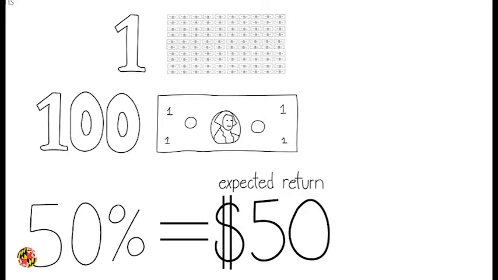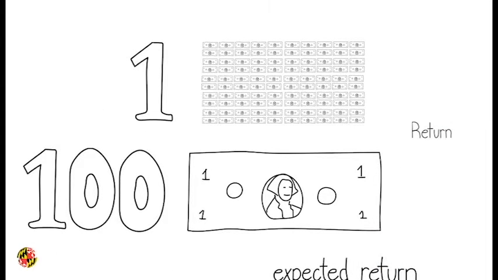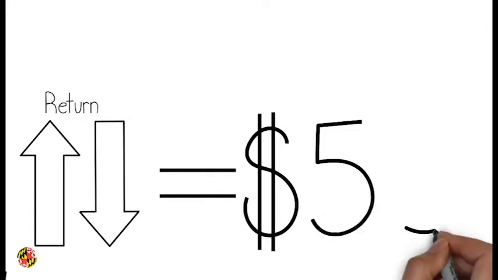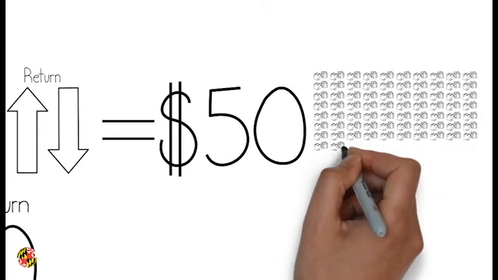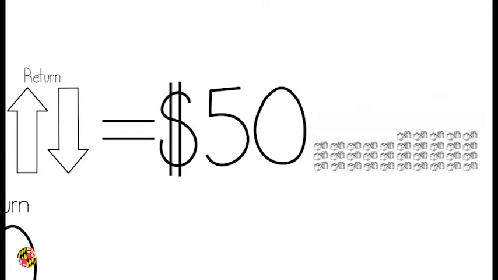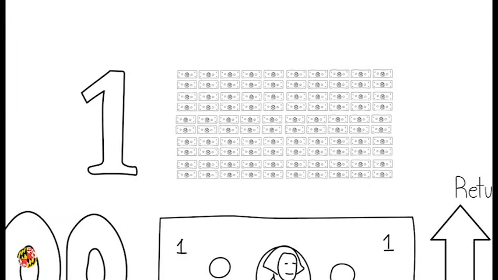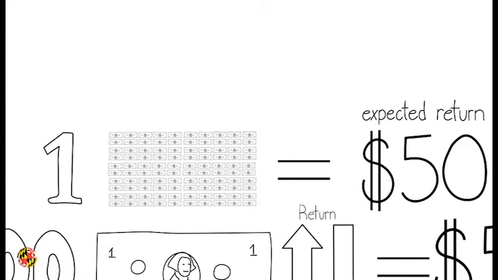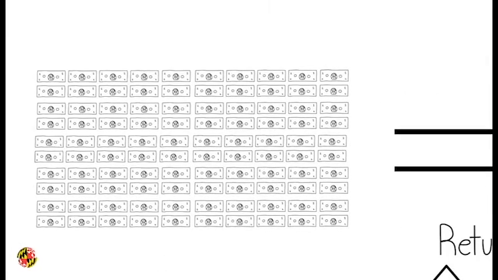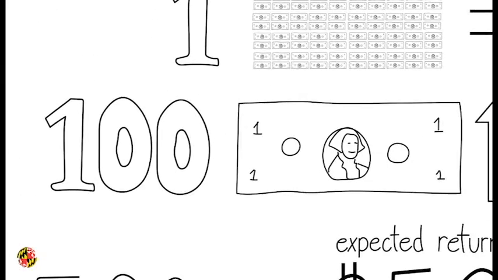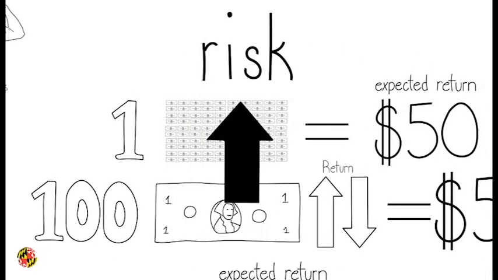Now, that's the expectation. The actual return for 100 rolls could be slightly higher or slightly lower than $50, but it's going to be close to $50. Since each roll is independent of the prior rolls, you will have a minuscule chance of losing all $100. But if you bet $100 on a single roll, then your expected return is also $50. But risking $100 on one roll is more risky than $1 each on 100 rolls. With the 100 rolls, you are spreading out your risk.